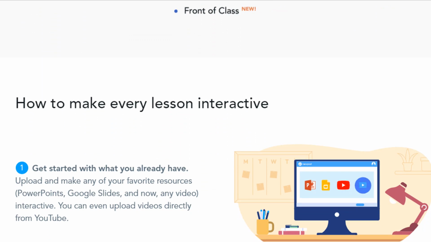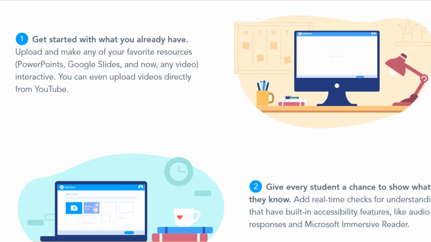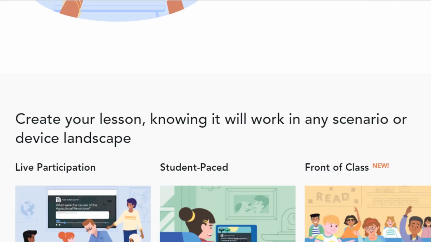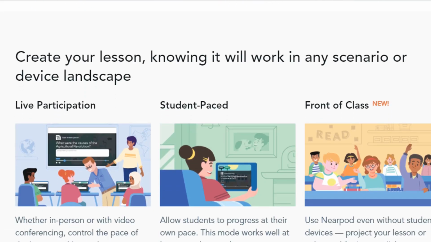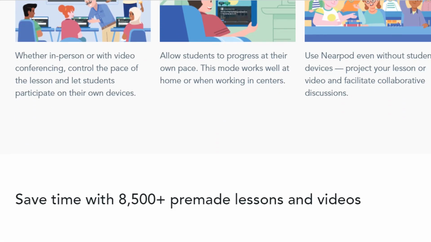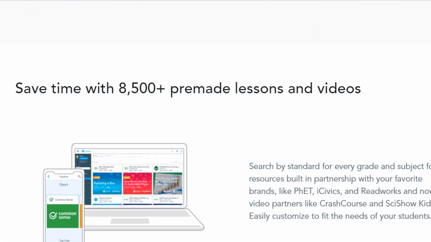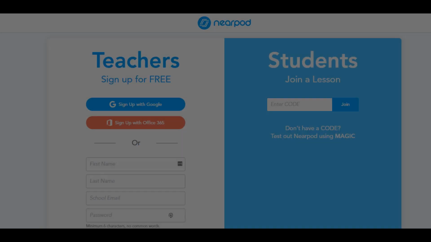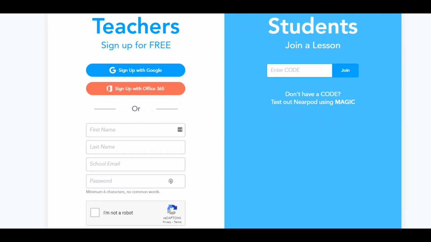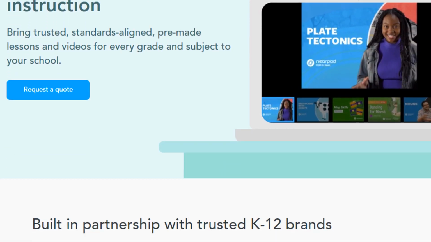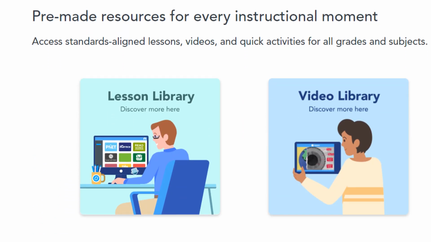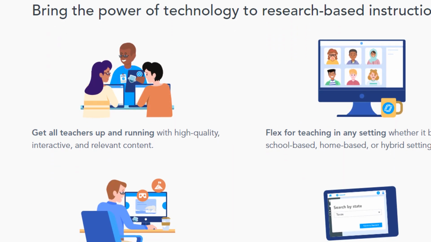It has an interactive dashboard for your entire lessons, videos, gamified activities, PowerPoint, Google Slides, etc. You can review the student sheet and teach students via live participation, student-paced or in-class mode. All you need is sign up using the teacher account and get started. The NearPod library contains a vast amount of interactive pre-made lessons and videos, and you can use them directly in